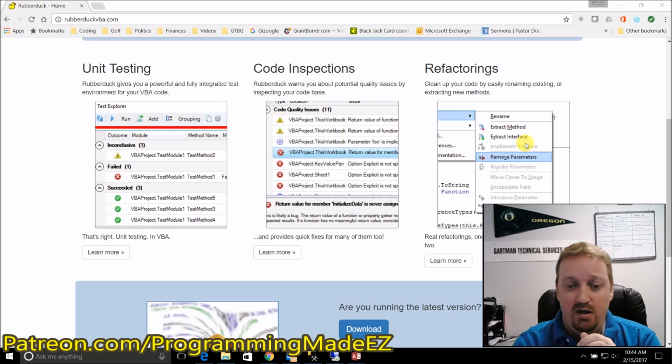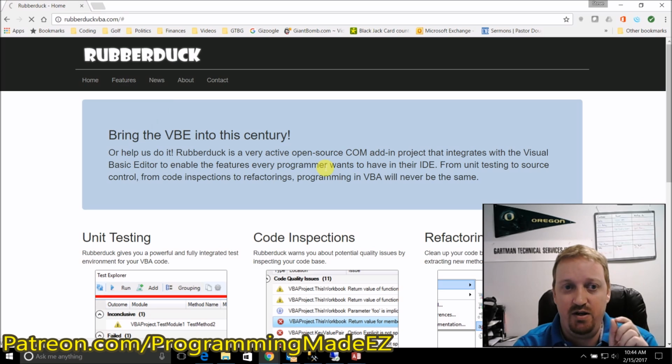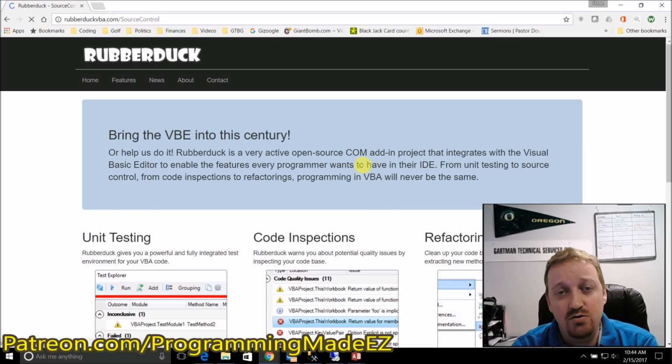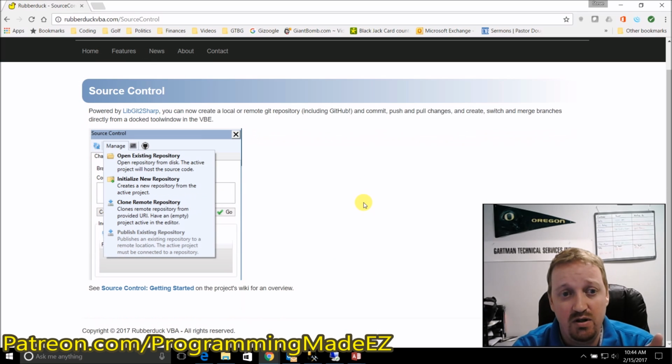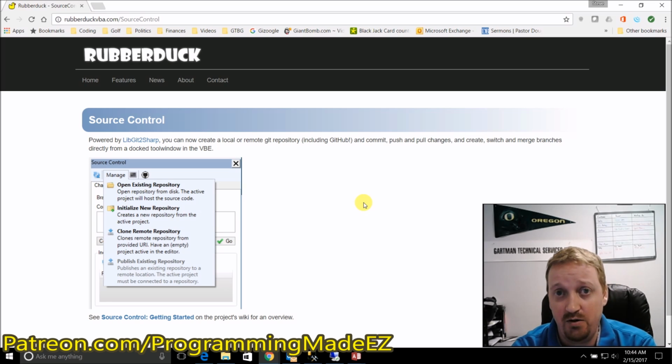So I just want to real quick also show you this one here about Rubberduck, and then we're going to get into some code. This is probably, of all those other things, unit testing, being able to refactor out to interfaces, all that good stuff, that's great. But source control, and hopefully this comes up in a good amount of time, but legitimate source control in your Access code, this is huge. This uses GitHub. So those of you who are not familiar with it, go research it, GitHub. It's a way to do